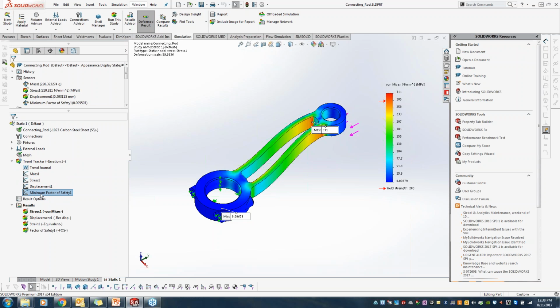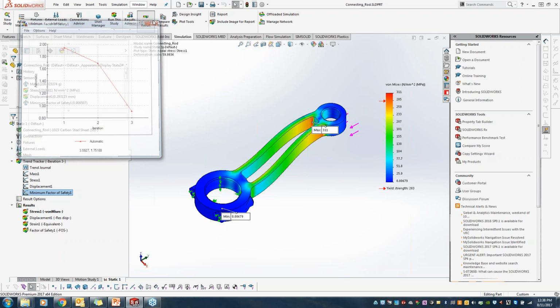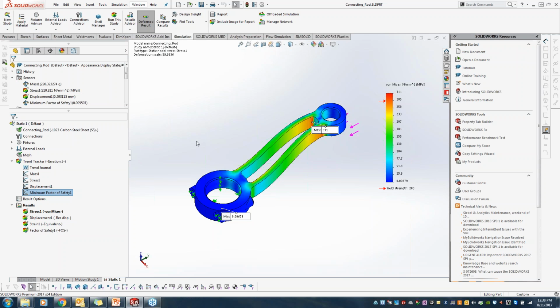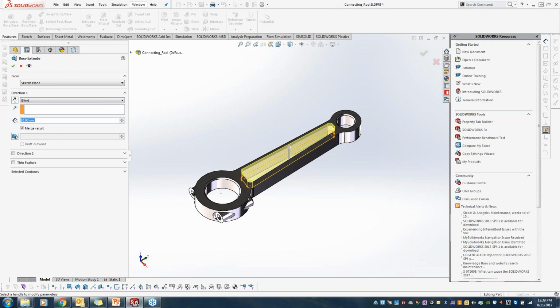If I'm looking at my minimum factor of safety, right now it's coming less than 1. So that move was not a perfect move here. Therefore, what I would like to see, with a little bit of support in the cutting area, is what would be the new trend? I go back to this one, select my sketch again, and this time I'm adding a bit of material to it. So 4 millimeter of support, going through